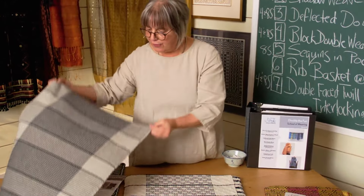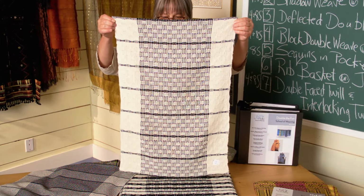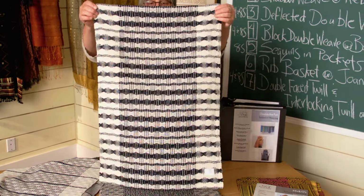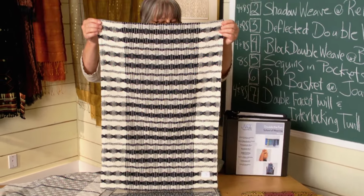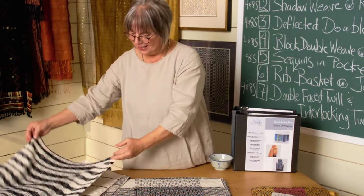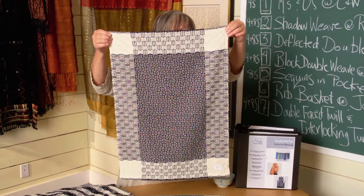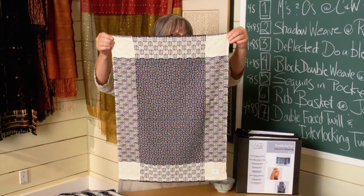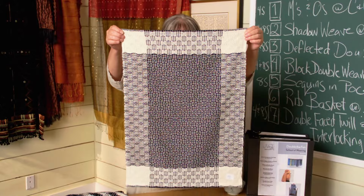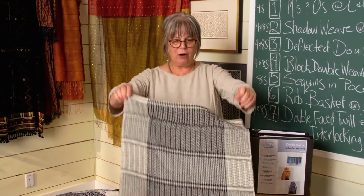When I left off with this, I just had to keep going, and that's why we have Color and Weave going out, or M's and O's going out on a date with Color and Weave and Huck and picking up Bronson lace treadling for our opening episode this year. Aren't these amazing? I look back at all this cool stuff that is in the school, and I don't know if it's okay if I say this, but I'm kind of blown away because I forget all the things that I've done. I weave it, I move on